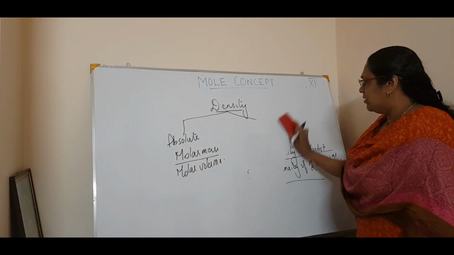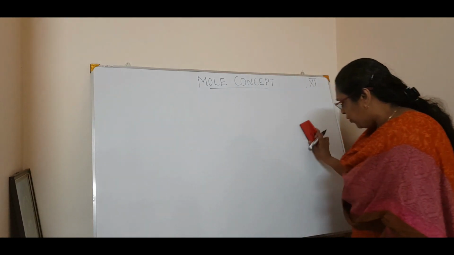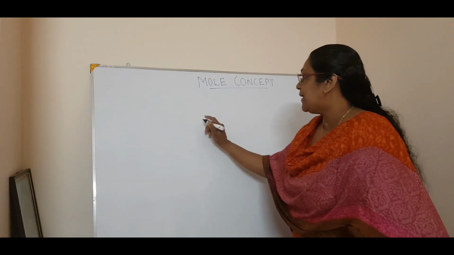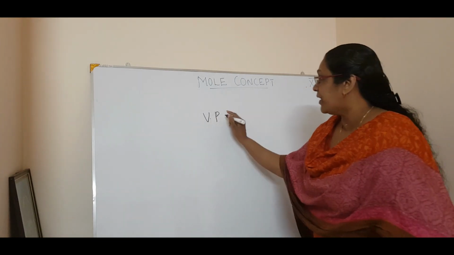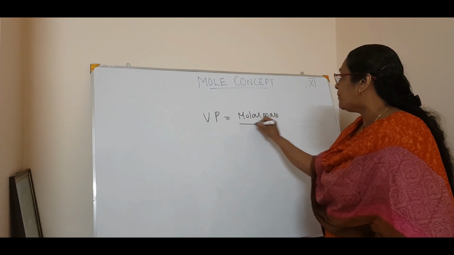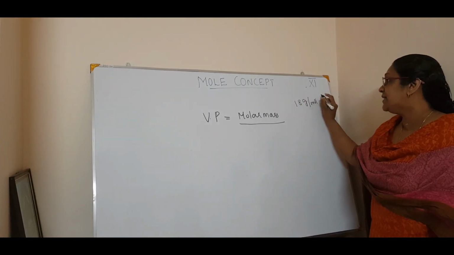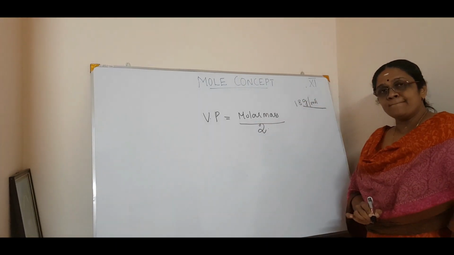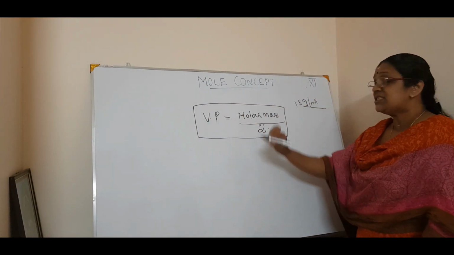Now, one more formula you have to take into account while doing the numericals. You don't want to go into details as of now. That is vapor density. This is one formula you have to get along with. So vapor density equals molar mass by 2. Now you know what is molar mass. What is the molar mass of water? You will say 18 gram per mole. Don't forget. You have to study this equation. This is not in a textbook, but it will be useful for these numericals.